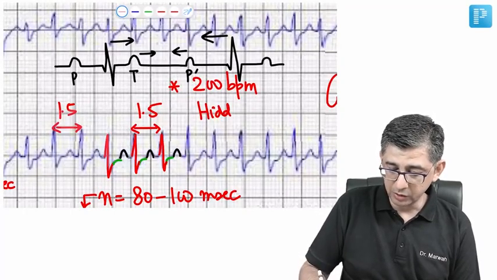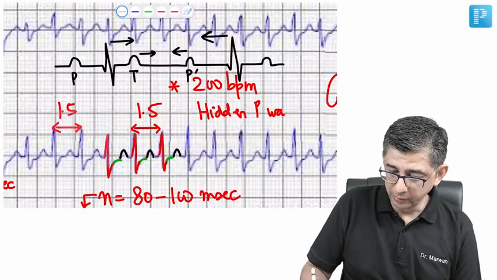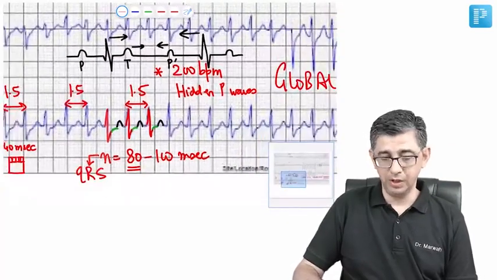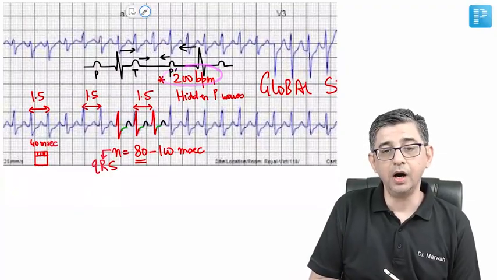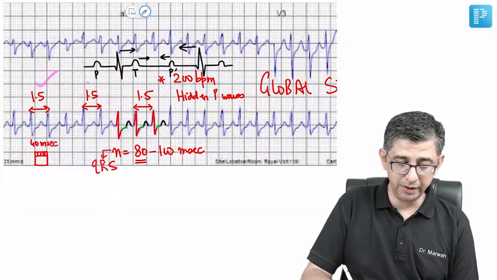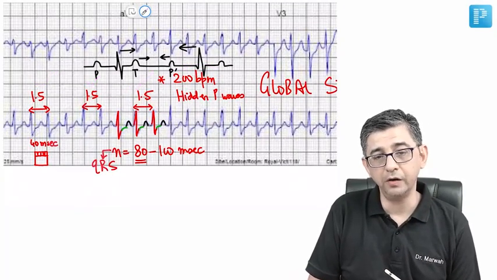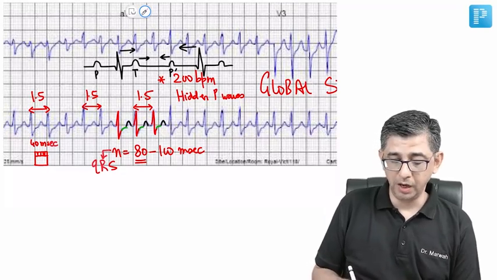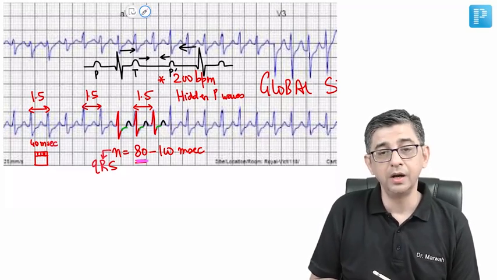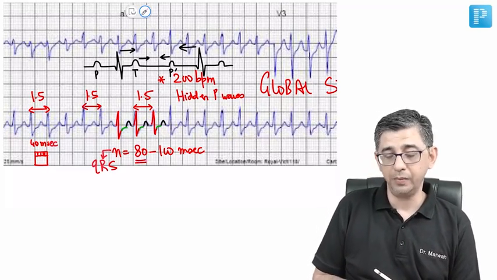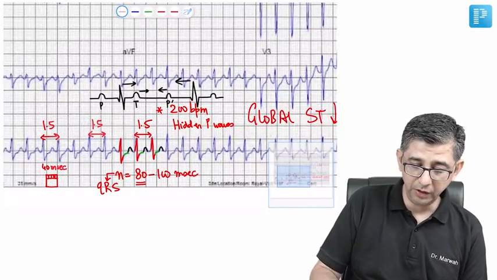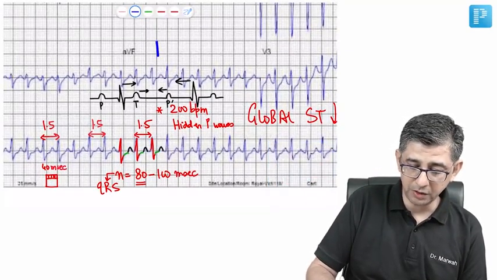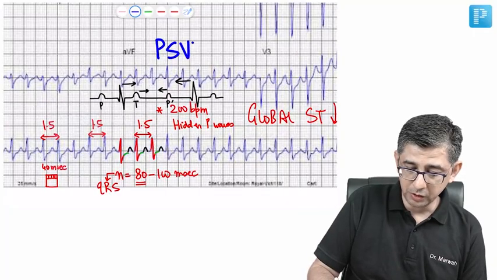So if I summarize all the findings that I have told you at the moment, the findings are as follows. There is a tachyarrhythmia occurring in the patient. The RR interval of the patient is constant. There is no variation of the RR interval, but there is a RS complex on the lower side of normal. There is a global ST depression happening and hidden P waves. This would be an ECG finding that is seen with the tachyarrhythmia by the name of PSVT, that is paroxysmal